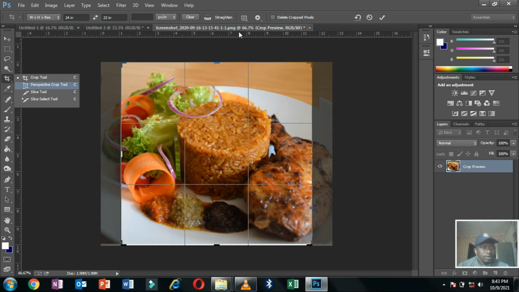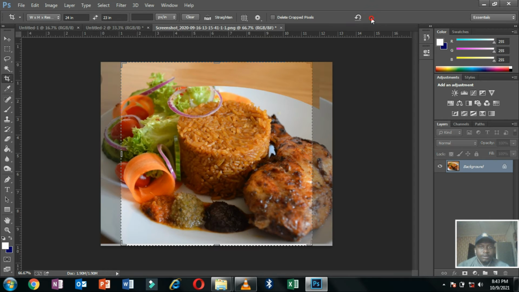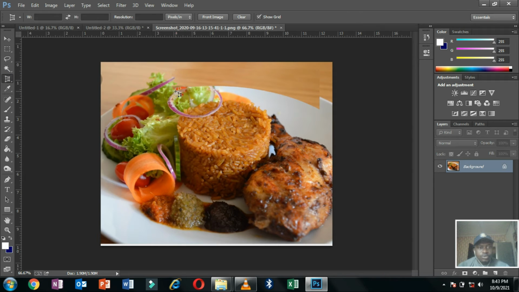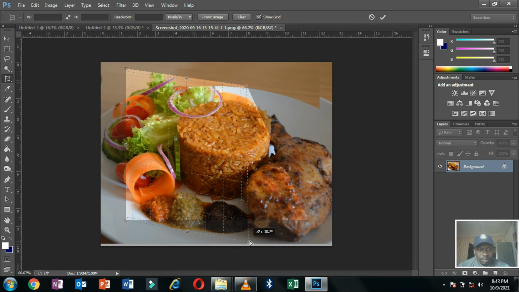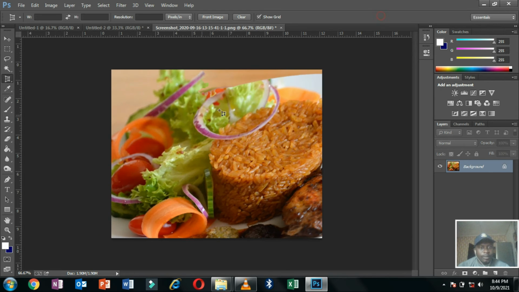We also have perspective cropping. With perspective crop, you just select where you want. You take the anchor point and drag it to where you want to select. If you want to select only this portion, take it and then select. You drag it where you want to select, and it will select. So let's go back